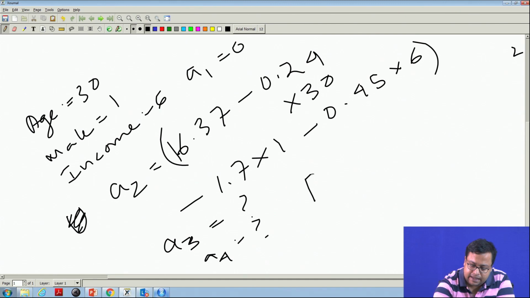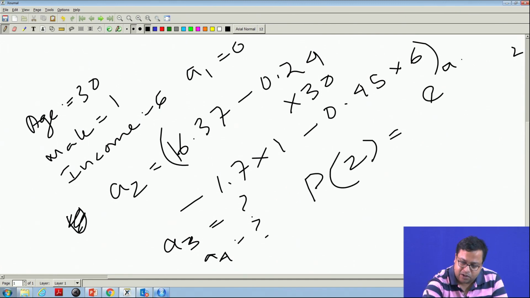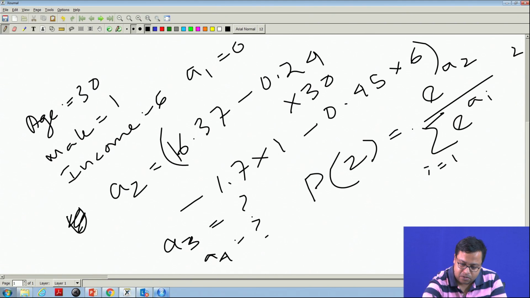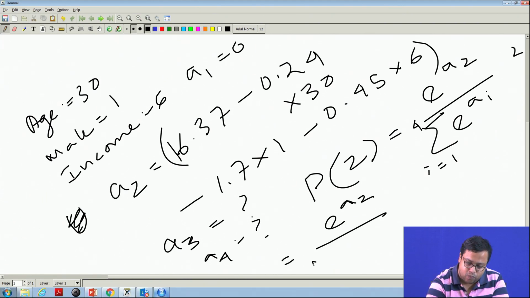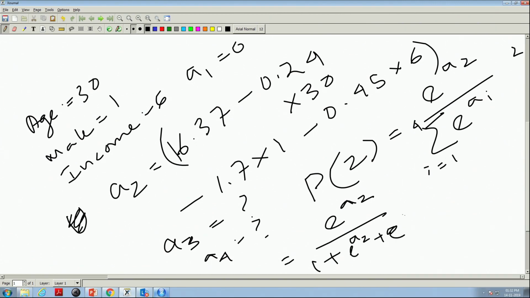So, the probability that this guy will be in group 2 is basically e to the power A2 divided by the sum of e to the power Ai, where i varies from 1 to 4. In other words, e to the power A1 is e to the power 0, that means 1, plus e to the power A2 plus e to the power A3 plus e to the power A4.